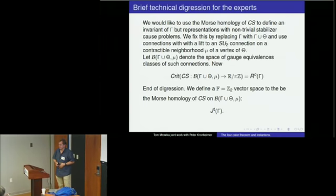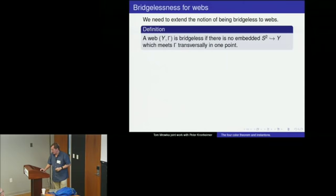So is there some orientation issue? No, actually, it's more interesting than that. Because you can have bubbling at the vertices, you can only do Z4 at best, even if you can do orientations. So just to summarize, for each trivalent graph embedded in any 3-manifold, once I take care of this base point issue, I have an invariant which is a Z2 vector space. Bridgelessness was important in the planar case, and it turns out